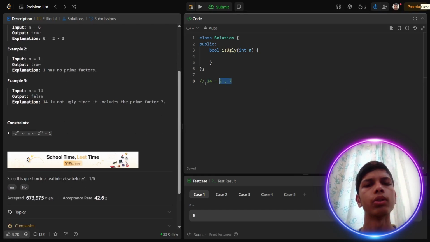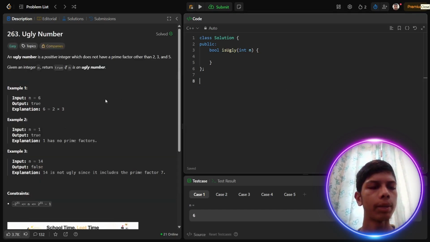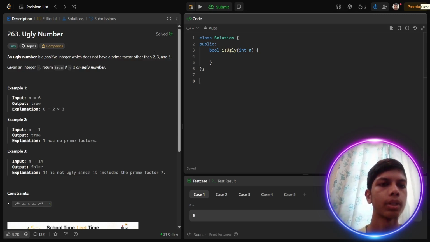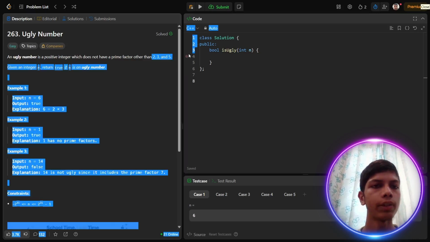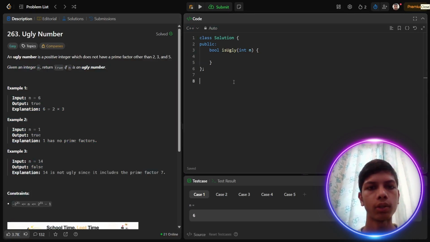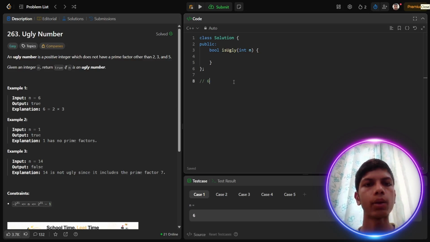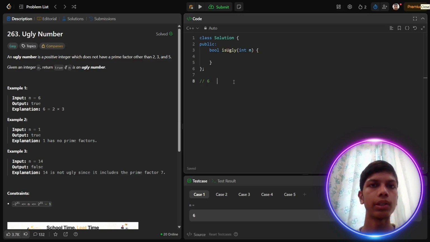So how can we do this question? Its approach is very simple. How can we know that a number is ugly or not? It has prime factors 2, 3, 5. So for n equal to 6, for example, if I continuously divide it by 2, then I will get 6 upon 2, which is 3.